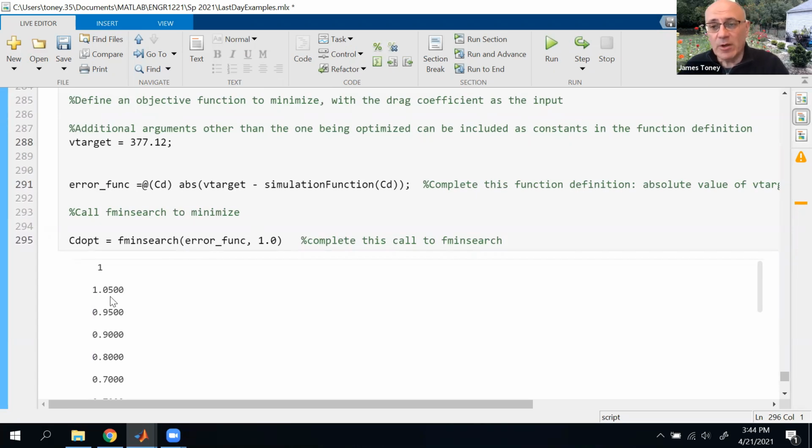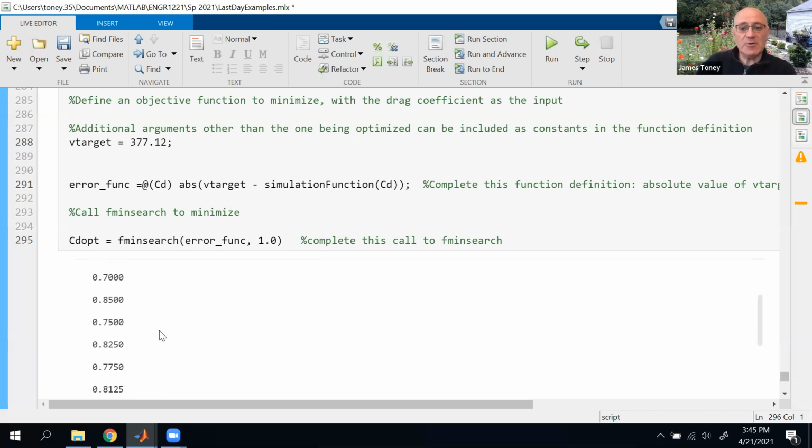So it said, oh, I'm going in the wrong direction. Let me go down instead. So I went to 0.95. That got a little better. That is, in the sense that this error function got smaller. So I said, oh, let me go a little farther in that direction. 0.9, 0.8, 0.7. And then at some point, and I don't know why it did 0.7 twice in a row, but at some point it realized it went too far. It started getting worse again. That is, the error started increasing again. So it went back the other way. It went to 0.85,